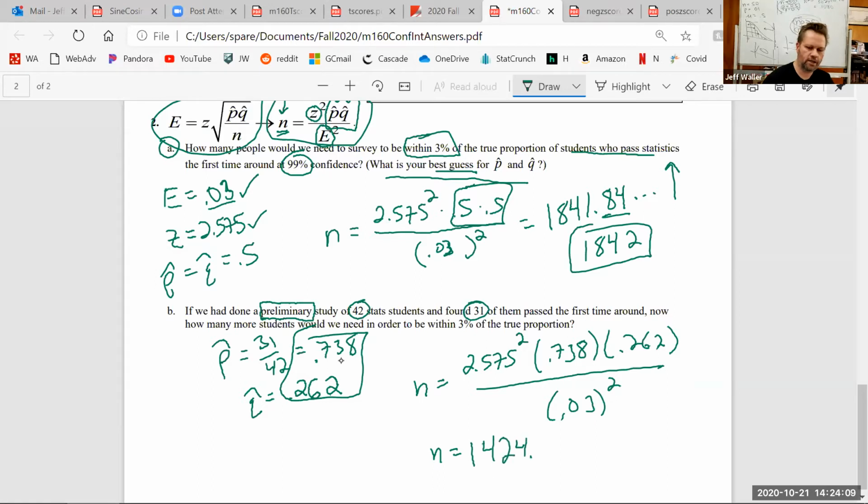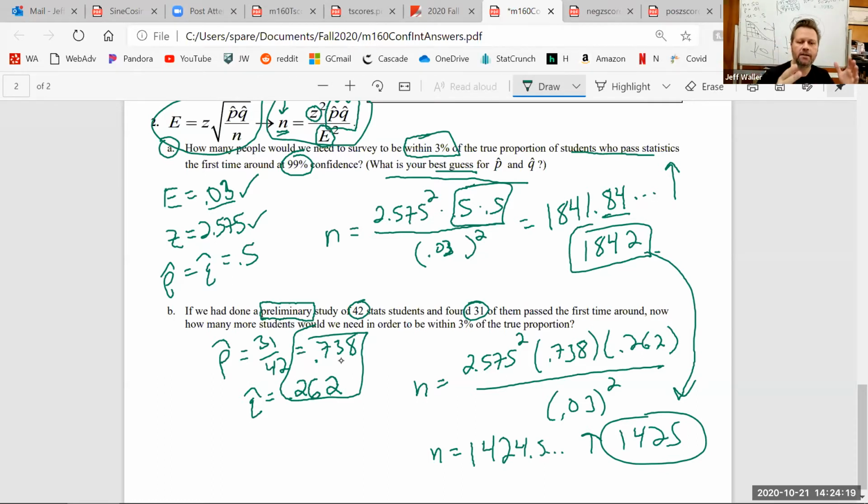$14.24.52. Yeah, I like it. Point stuff. So each rounded to 1425. Almost 400 less of a sample that I have to take. That's why preliminary studies are done, to get a little bit of a feel for what things really are, and that can inform me how big of a sample. Instead of just taking that many people, this doesn't seem like a lot less, but it's over 400 people less, right? That'll take a lot less time. That'll be good. Anyway, all right. So that's one reason why we do preliminary studies. That's one very specific reason why. There's other reasons why, but this is a good reason.